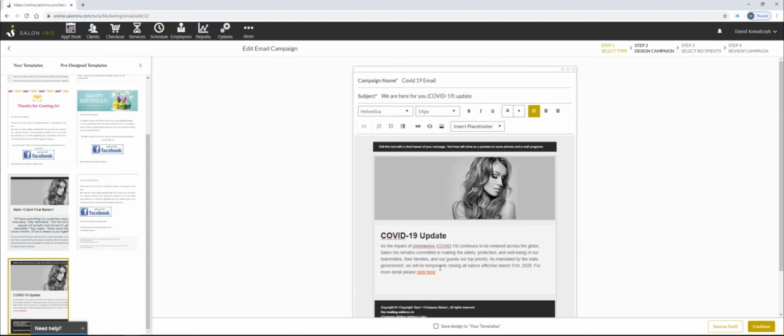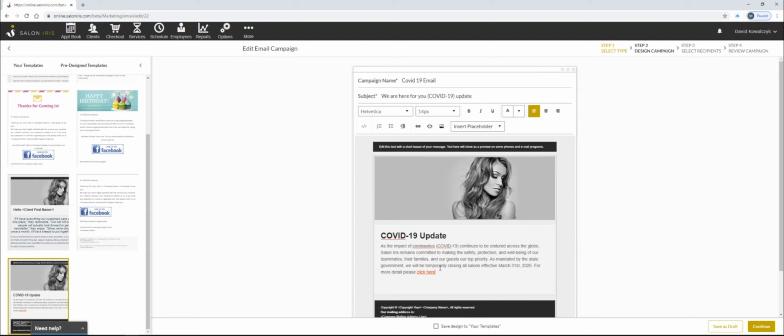The other awesome aspect of this is, because we do offer an online booking functionality, which you may have on your own website, or you might be utilizing our website, you are able to embed those links directly in here. Once things tend to pick up again, we can send out a text or an email through the system to let the customers know, hey, get on the books here.